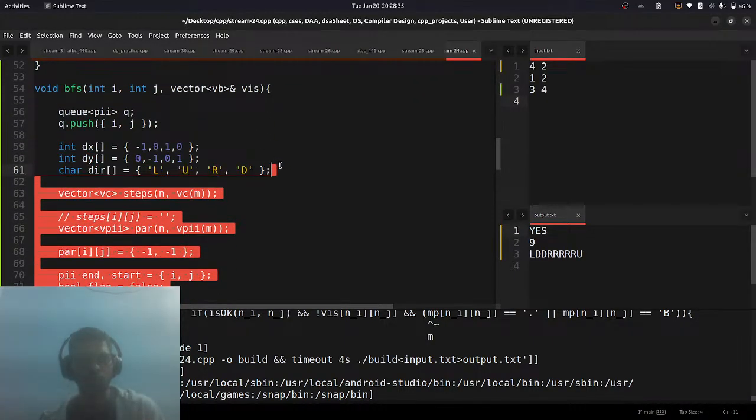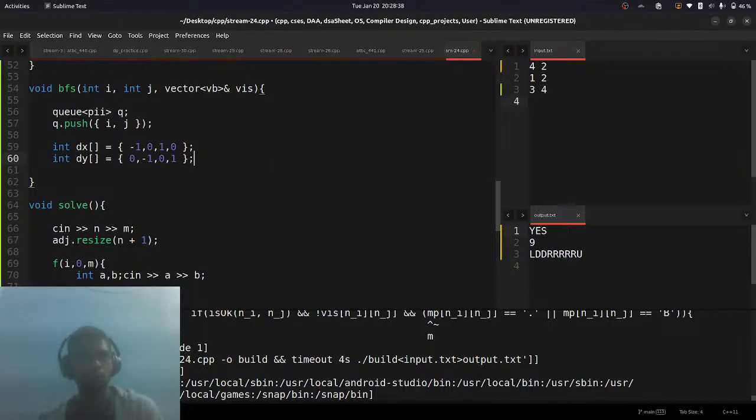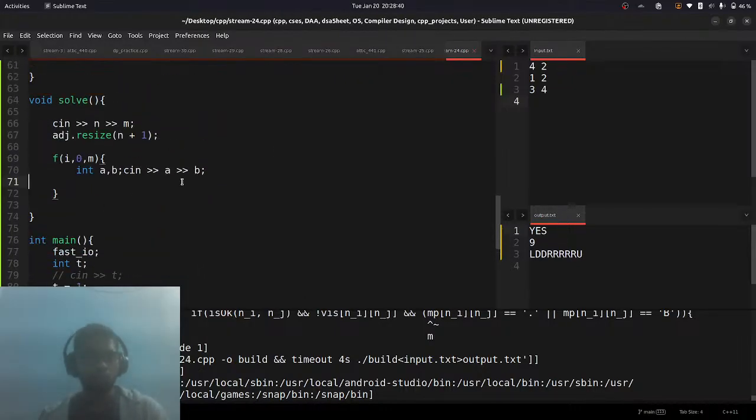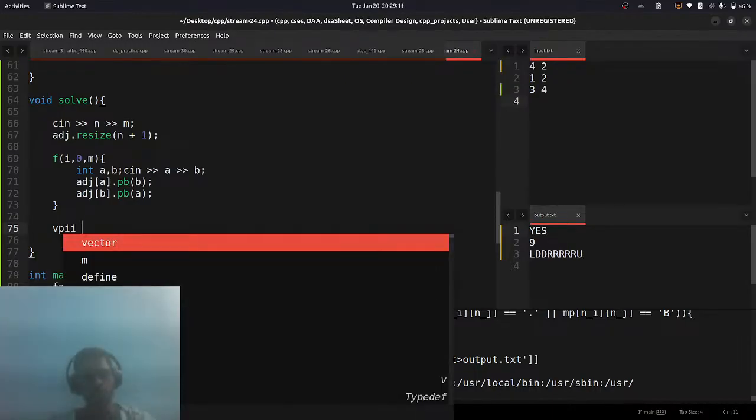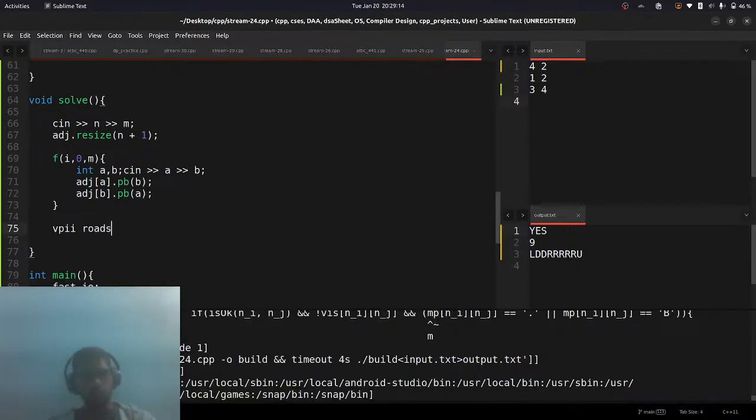We need this. Okay, so now we will add this here. We'll also add this here. This is one based indexing. Now we need the connections. So we can have a vector of pair, basically roads,